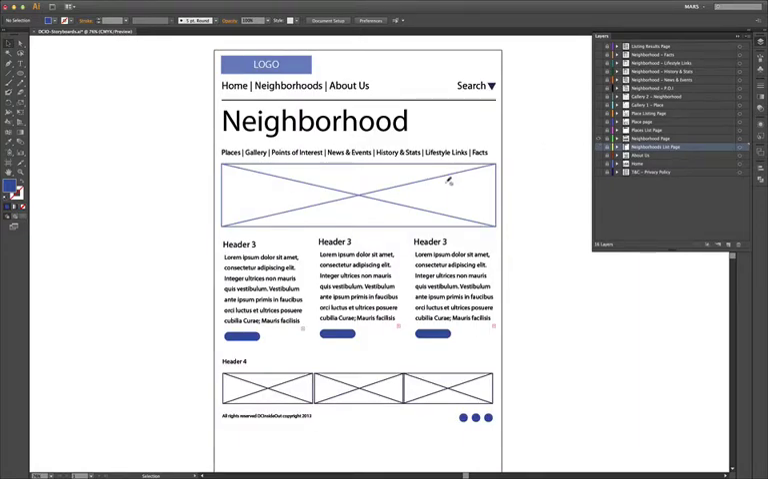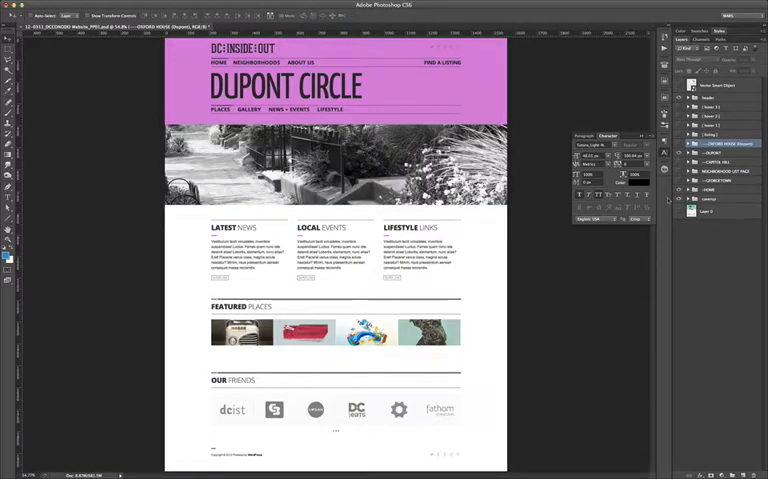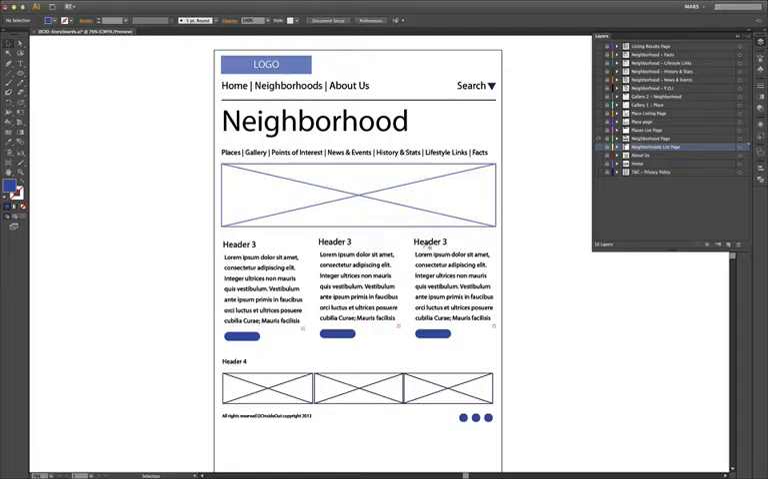And now that goes in line with, for example, here, DuPont, right? It would have its own image and a different background color, and it would say the neighborhood, and the sub navigation would appear, and it would have its own latest news area, its own latest local events, and its own lifestyle links that would lead to their respective areas. Events and news is not actually in the mock-ups yet, but